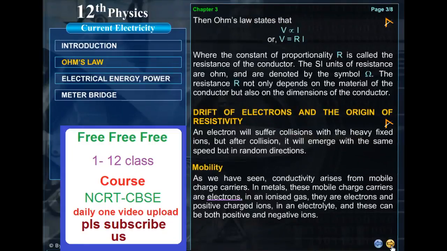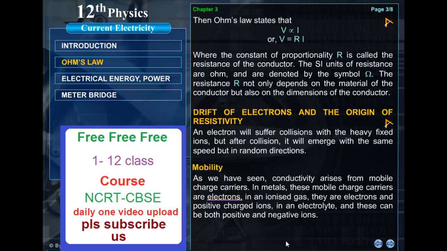Then, Ohm's law states that V is proportional to I, or V is equal to RI, where the constant of proportionality R is called the resistance of the conductor. The SI unit of resistance is ohm and is denoted by the symbol omega. The resistance R not only depends on the material of the conductor but also on the dimensions of the conductor,